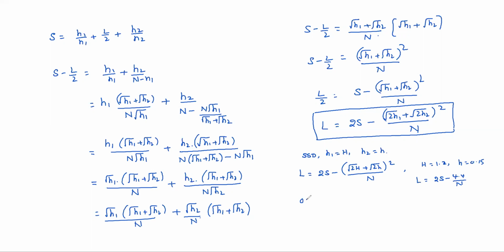Similarly, for OSD or ISD case, h1 equal to capital H, h2 equal to also capital H. So L equal to 2S minus root 2H plus root 2H whole square by n. So H equal to 1.2 means L equal to 2S minus 9.6 by n. This is the formula. So like this,